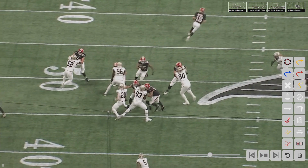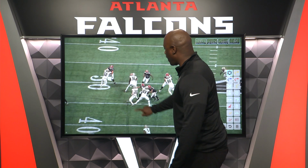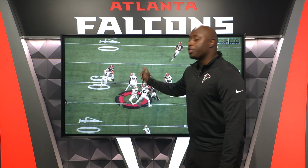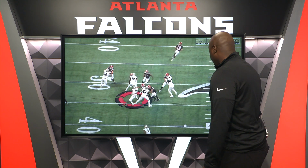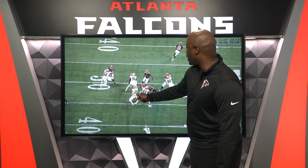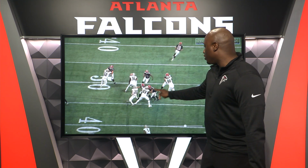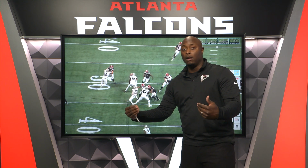Boom. Now here's another opportunity I just talked about. Here's again, this backer again, sitting in the hole. That same hole I just drew a crease through, that's where you thought it should go. But again, showing the vision that, okay, that's not there. Here is my lane to run through. But the second part is this, these two guys are gonna get hands on him, but he's gonna run through